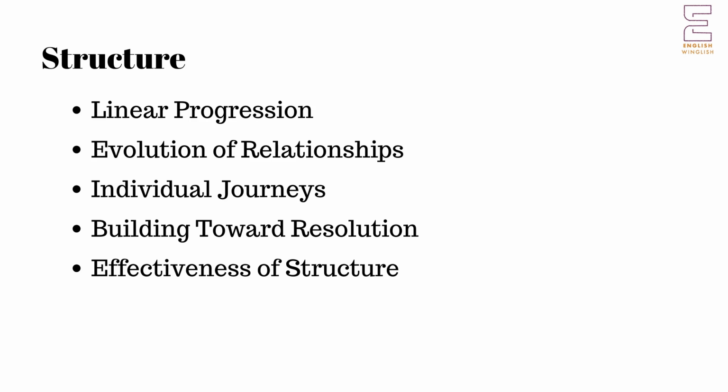Initial setting. The novel starts by establishing Jagan's life as a sweet vendor in Malgudi and his traditional way of living, setting the stage for the introduction of Mali's contrasting ideals. Introduction of conflict. Mali's return from America and his subsequent actions introduce the central conflict of the novel. The linear progression allows Narayan to explore the complexities of this father-son relationship as it goes through various stages of strain and reconciliation. Individual journeys.